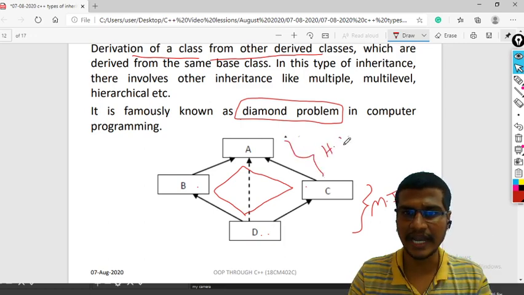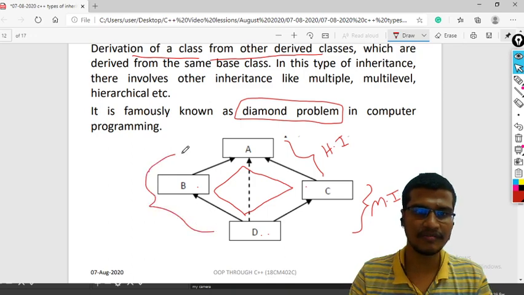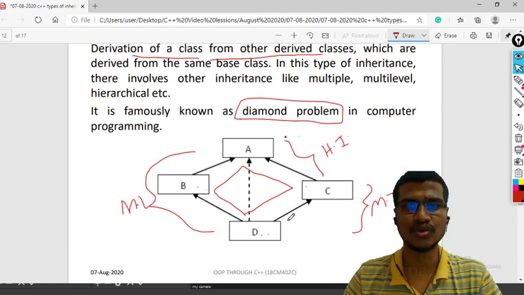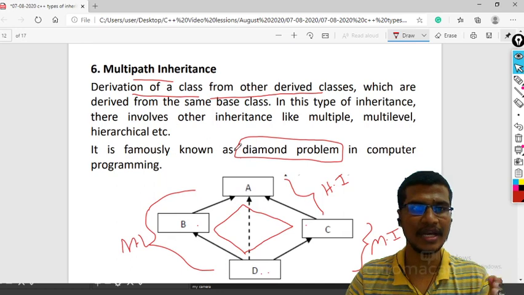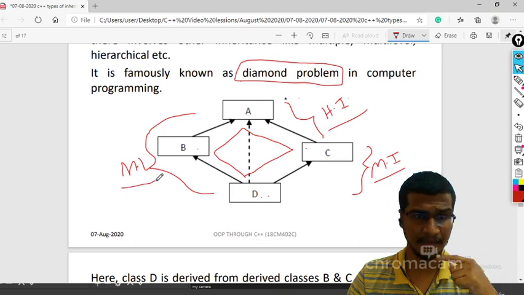This is your hierarchical inheritance. And B is derived from A and D is derived from this B. So what is this one? This is your multi-level inheritance. So I can say multi-path inheritance is a combination of multiple inheritance, hierarchical inheritance and multi-level inheritance.